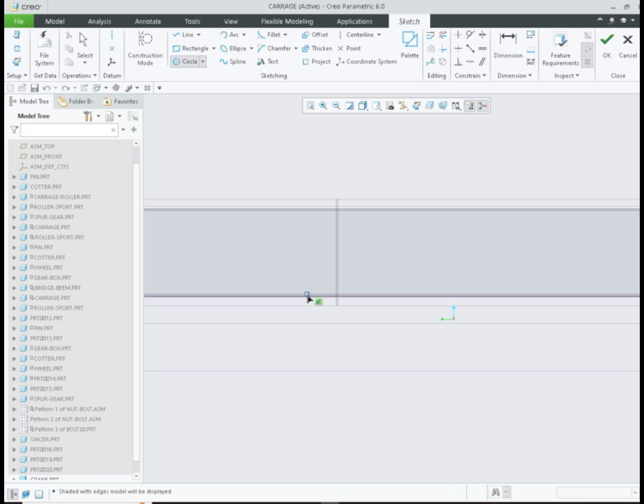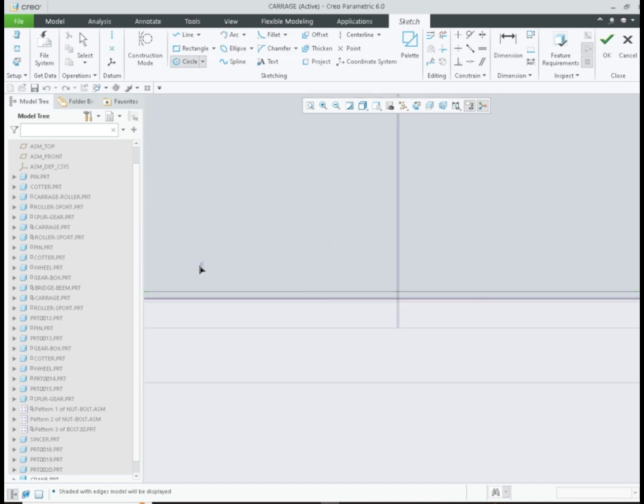It is straightforward to model parts in PTC Creo. We can create any part with the required thickness within an assembly.